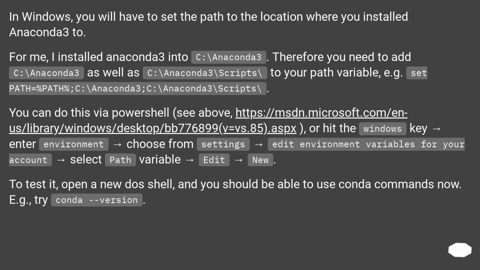In Windows, you will have to set the path to the location where you installed Anaconda 3. For me, I installed Anaconda 3 into C:\Anaconda3. Therefore you need to add C:\Anaconda3 as well as C:\Anaconda3\Scripts\ to your path variable. For example, set path=%path%;C:\Anaconda3;